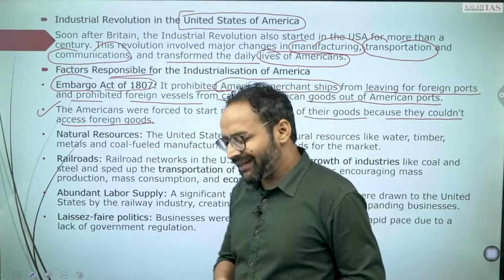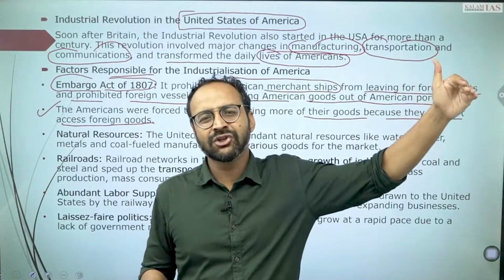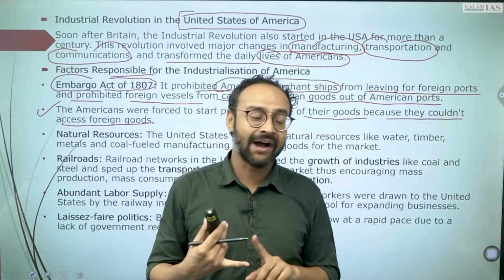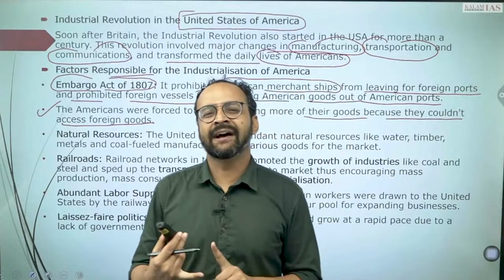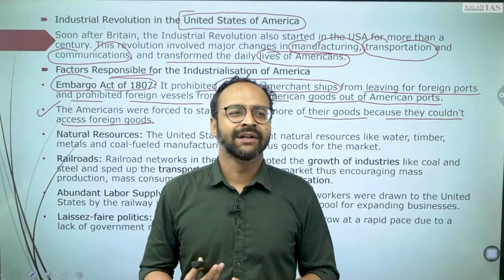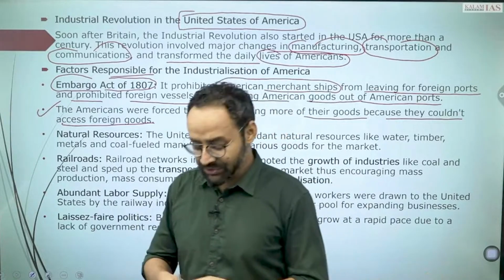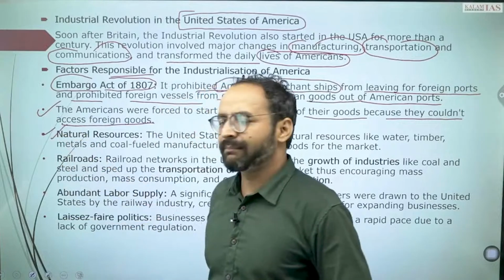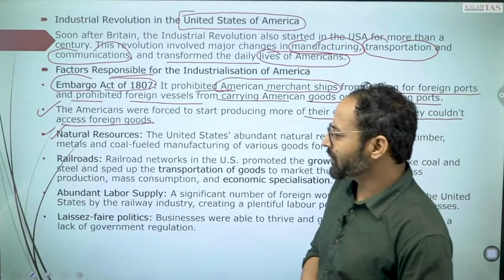Natural resources. America is blessed with all the natural resources, starting from the Appalachians till Miami in the south. They have cotton production, they have wheat production, they have meat production, they have glaciers, they have water resources, Niagara Falls of course. So they have rivers. They are blessed with metallic resources, polymetallic nodules also.